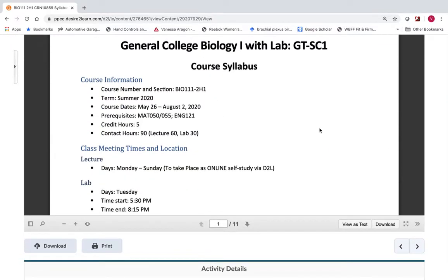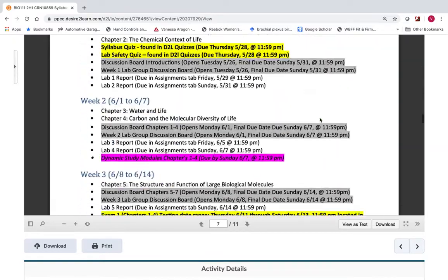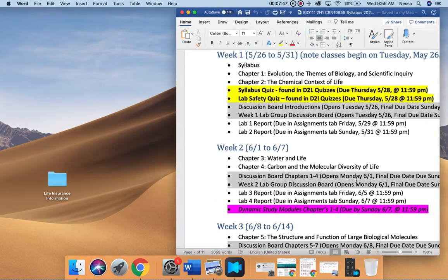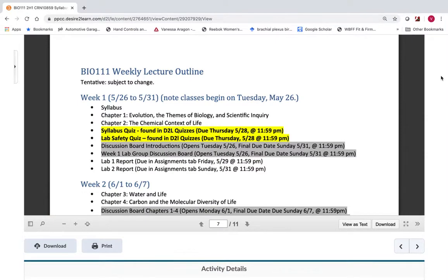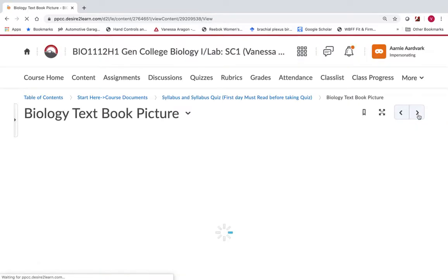As you open the syllabus here, everything you need. This is the 2H1 section. Slide down, slide down, slide down. Look at that. Everything else was your expectations; this is going to be your list of everything you have due. I actually have that ready to go on the side to look at, so I'm going to go ahead and get out of this right now. So I want to show you something. You can back out and then click on the next thing, or you can toggle right here, and this takes you to the next